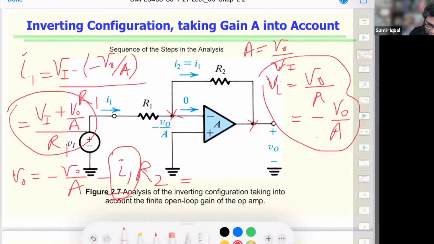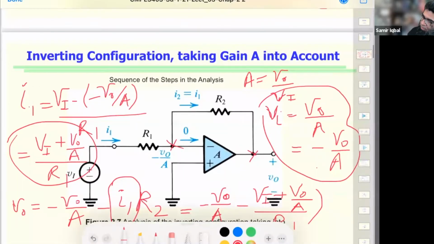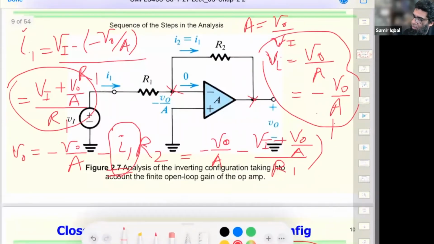And this gets to something which is minus output voltage over gain, minus VI plus V output over A, whole thing divided by R1 times R2. It's a bit messy, but the thing that we are going to see here is that